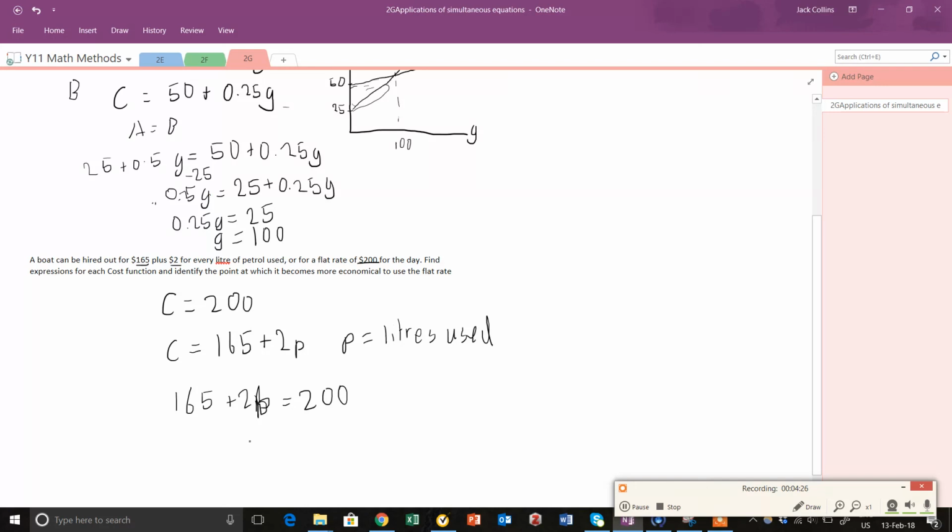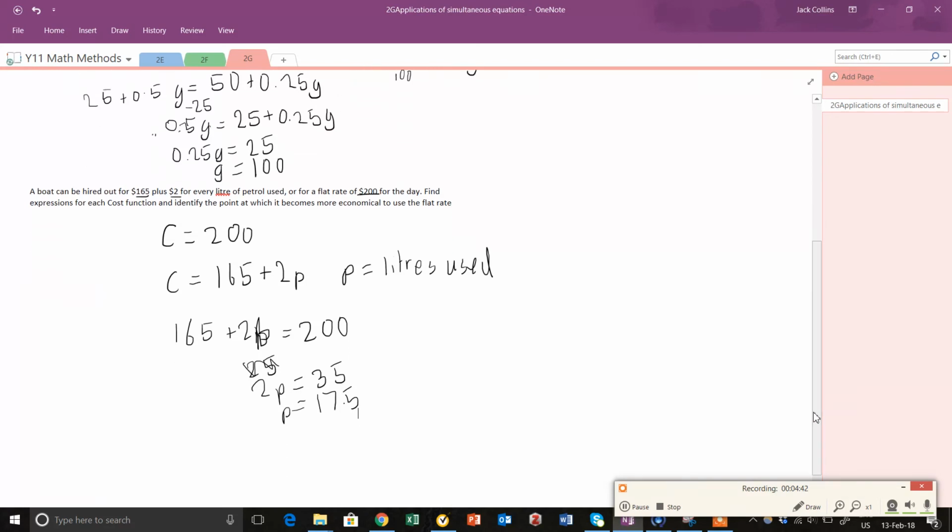So simply you'd get p by itself. Take away 165, so 2p is equal to 35, p is equal to 17.5. So to write that out, you'd say if the boat owner uses 17.5 litres or more, it'd be more efficient to just use the flat rate. Anything lower than 17.5 litres, they would need to hire it out just at the